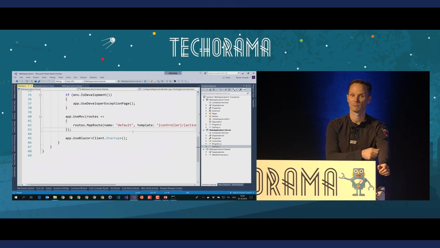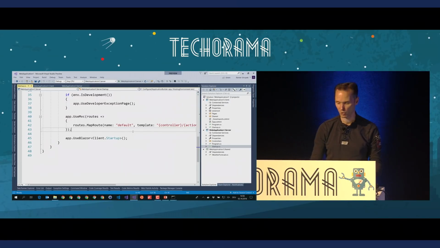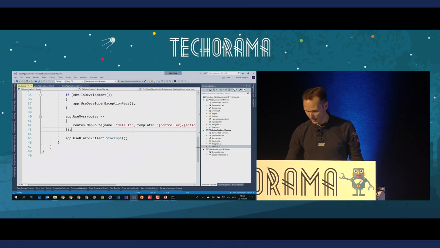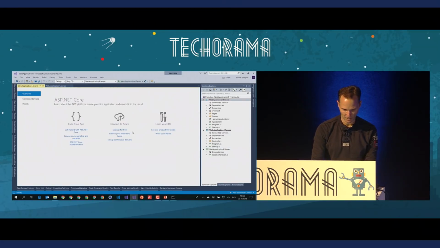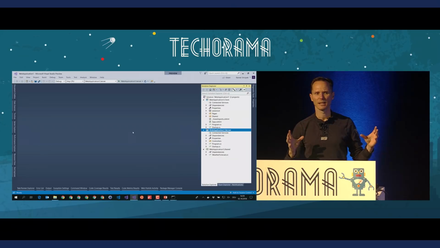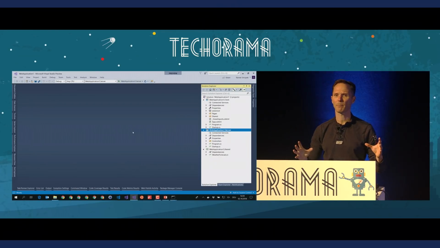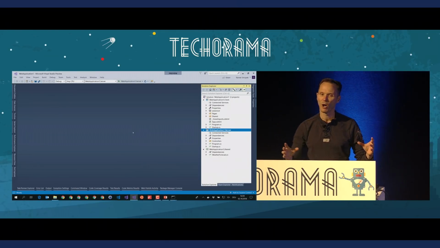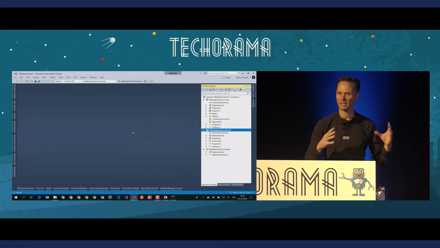You have the choice. It depends. Sometimes you only have a client. Sometimes you want to share both things in a single solution. Of course, because Blazor is a single-page app with just static files or a standard .NET application, you can